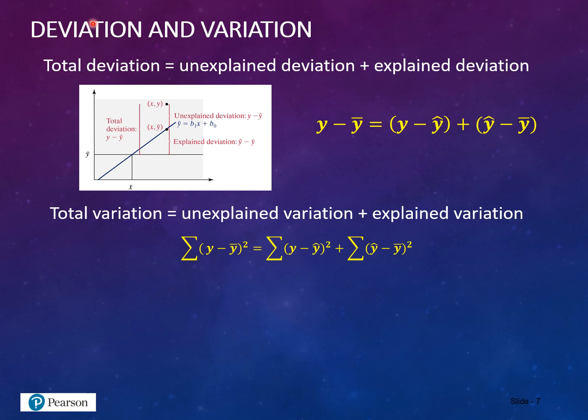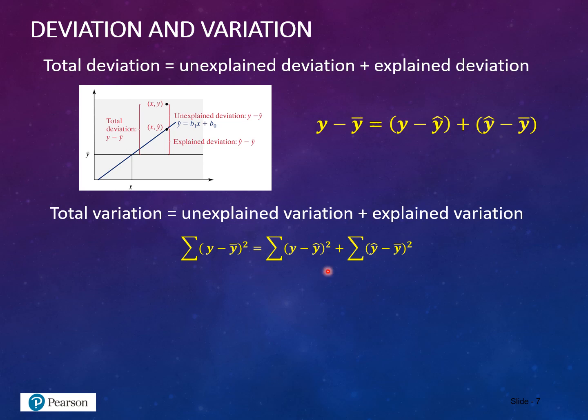Remember variance from chapter 3, when we took the standard deviation squared and added those all together? This is very similar to that, and you'll recognize these formulas look very similar to the standard deviation formulas, again, from chapter 3. So the total variation, the summation of y minus the mean of y squared for each member,